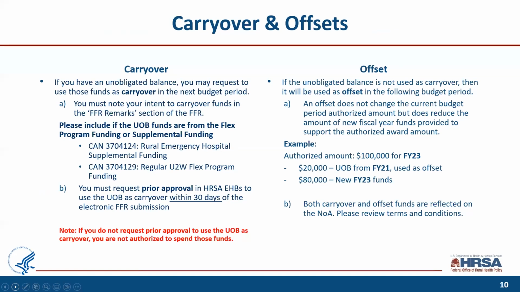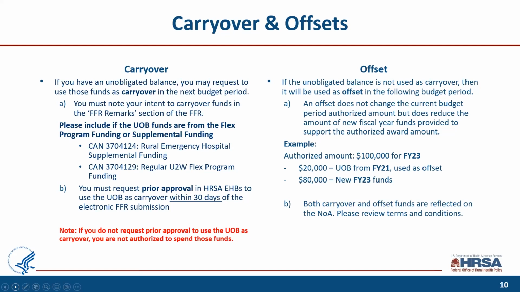So if you have an unobligated balance, you may request to use those funds as carryover in the next budget period. You must note your intent to carry over funds in the FFR remarks section of the FFR. You must include if the UOB funds are from the flex program funding or the supplemental funding, and here are the CANs below. You must request prior approval in EHB to use the UOB as carryover within 30 days of